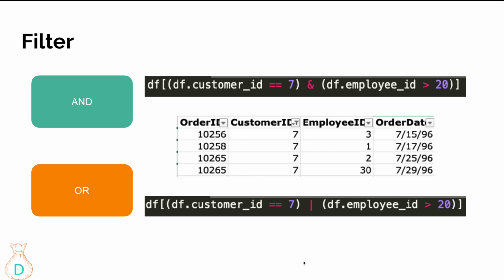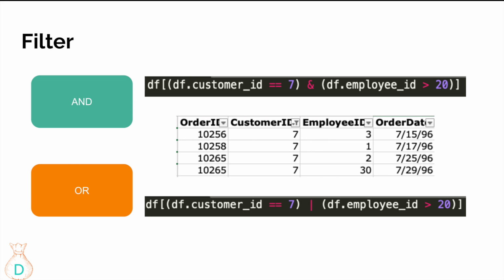So after we have covered the simple filter, now we're going to cover what you do when you have filters with multiple conditions, with and or or. And meaning both conditions have to be met, and or meaning at least one of the conditions has to be met. I have a sample data set on the right hand side, and I'm going to talk about how the same script, just simply changing the and or or, would make a huge difference